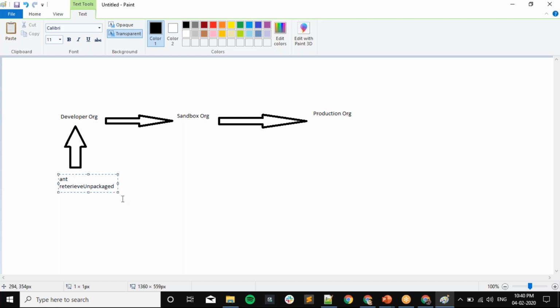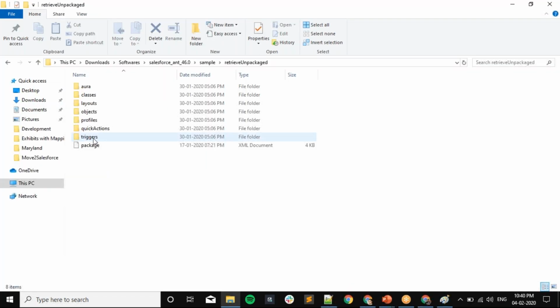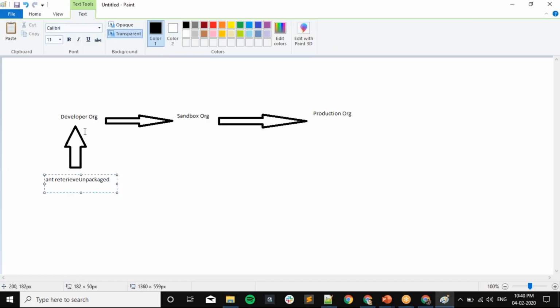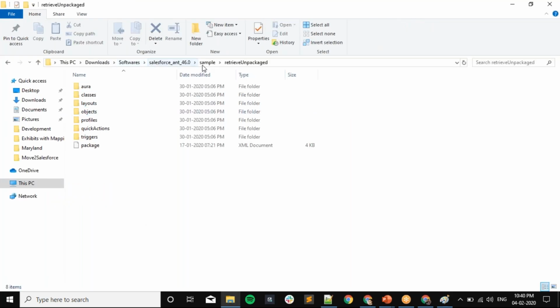This retrieveUnpackaged will retrieve all the unpackaged things from the developer org, and it will be stored in this retrieveUnpackaged folder.